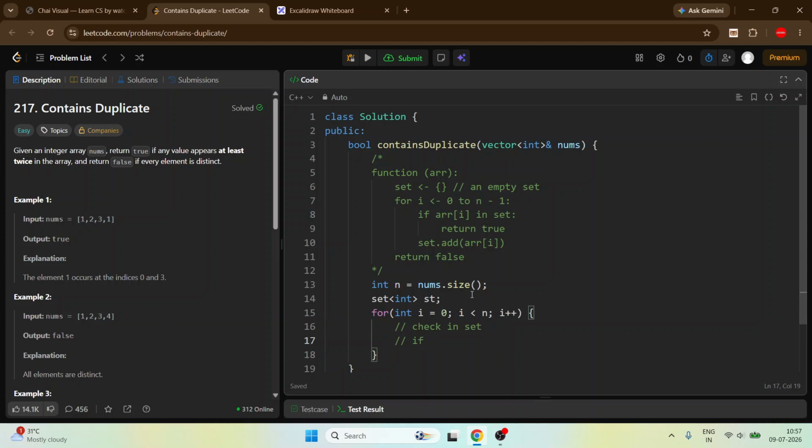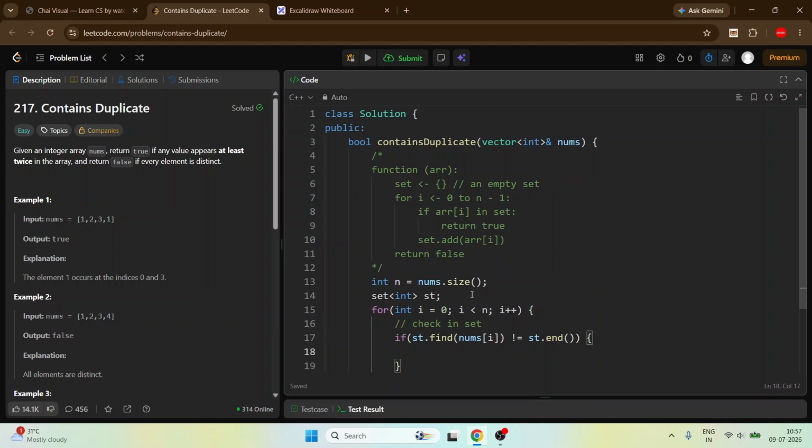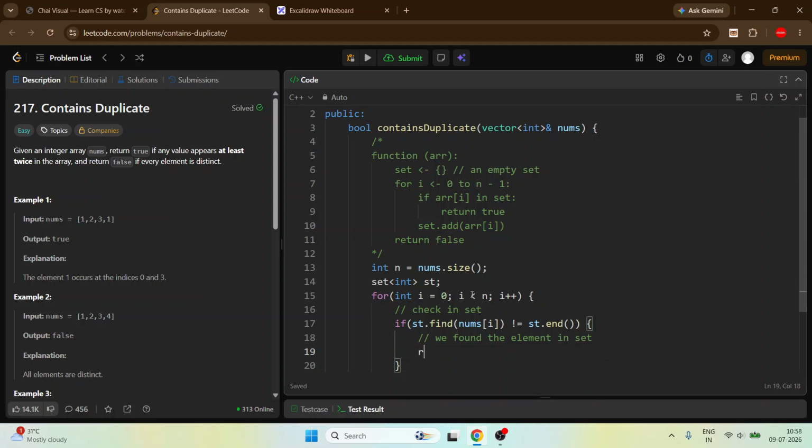If present, okay, how could we check in the set? If st dot find nums of i is not equal to st dot end, it means we found the element in the set, that means return true.